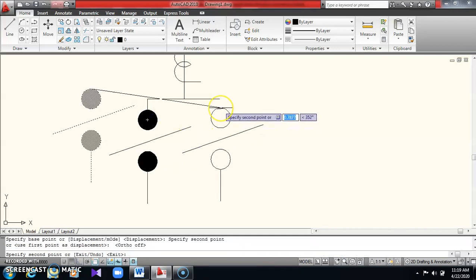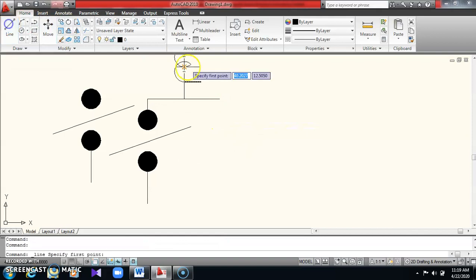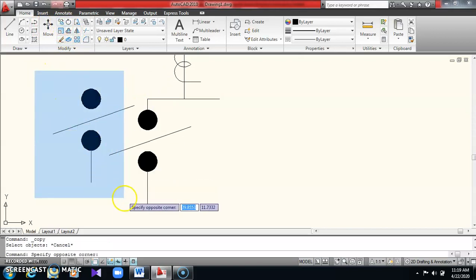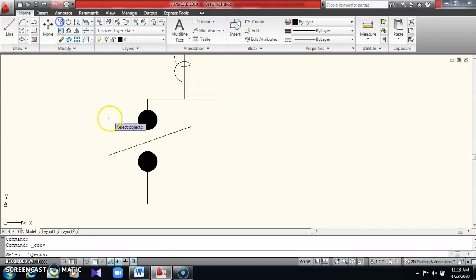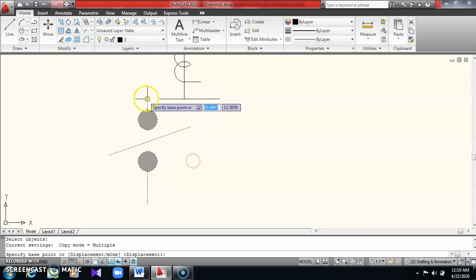Okay. So from this point, better you can copy this full section, delete the previous one, copy this, paste over here.